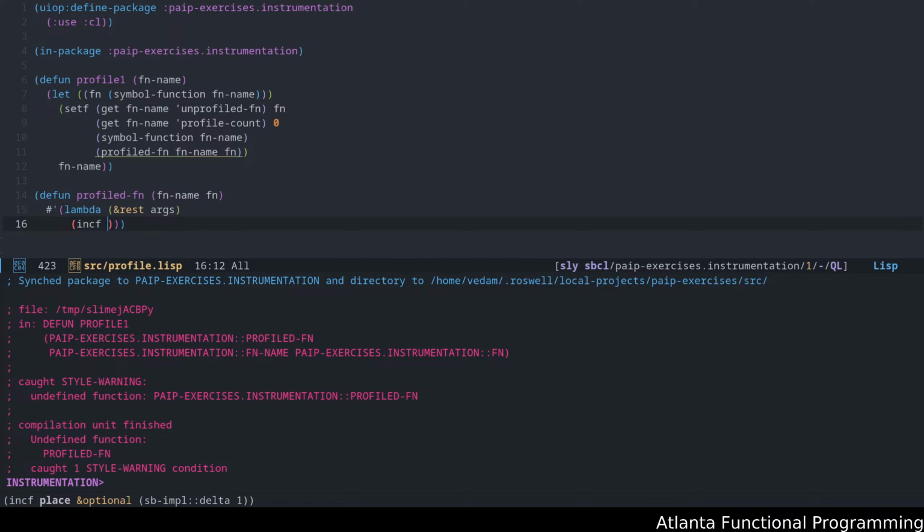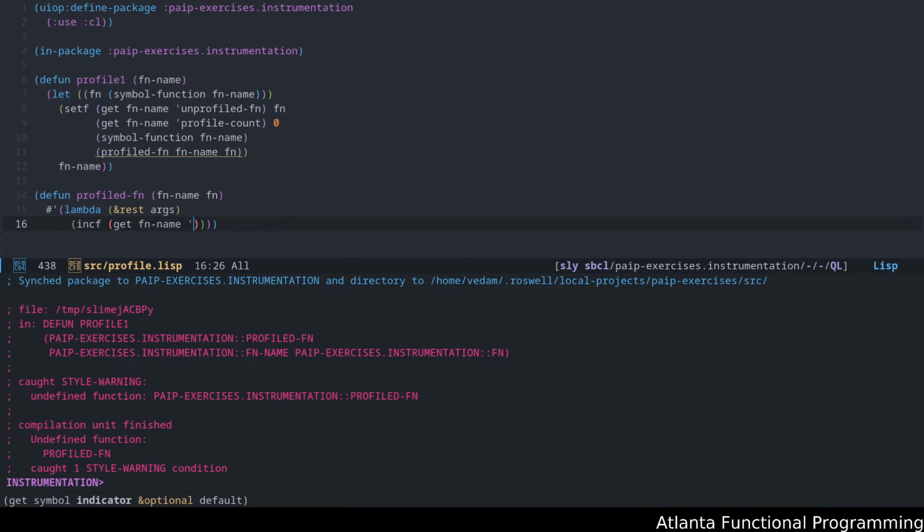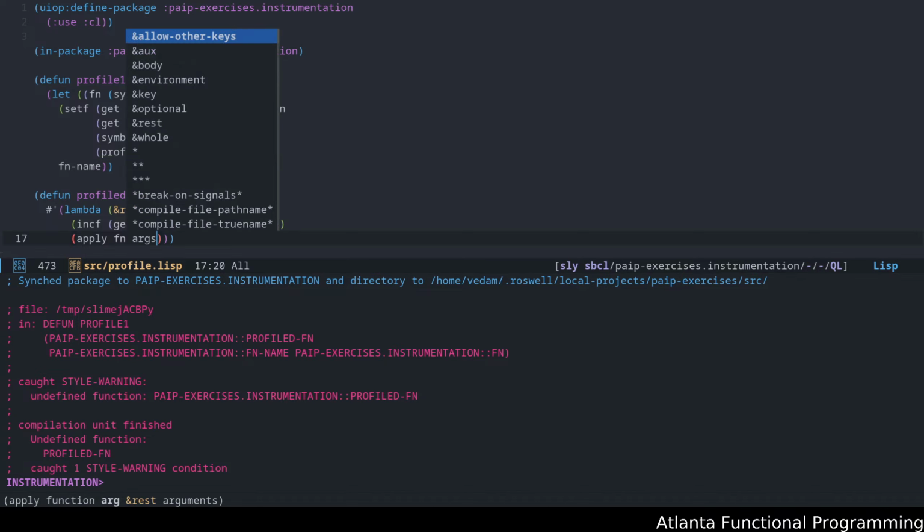So incf, and the place it's going to get is the profile count from the function name. This is why you needed the function name itself, because we're using that as the lookup. And then we simply call apply on the arguments, and that's it.